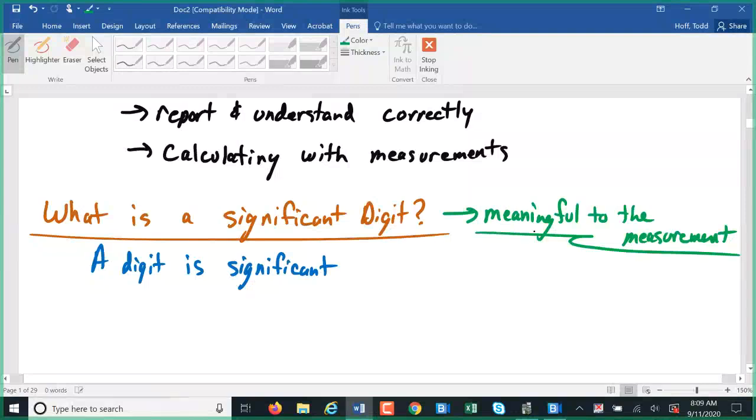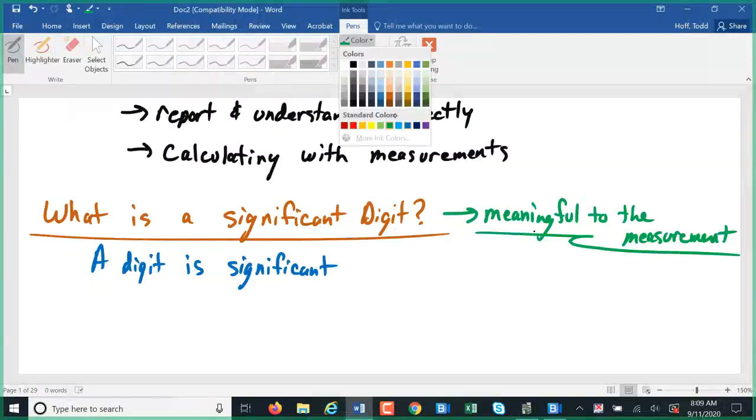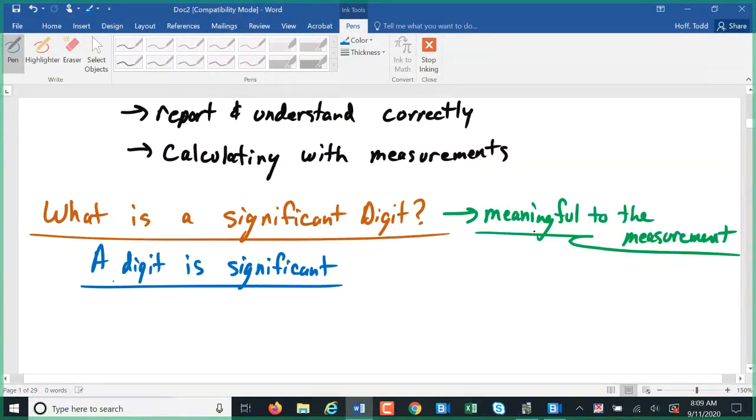In other words, it describes part of the measurement. One of the biggest things we're going to look for is that degree of precision. So a digit is significant if,